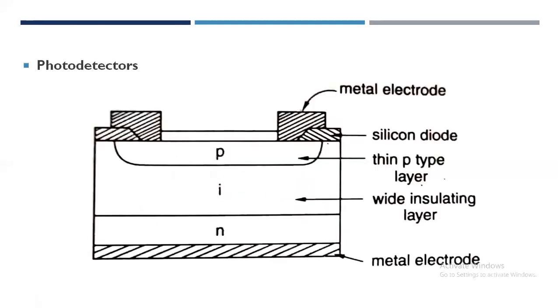Next are photodetectors. The photodetectors are light detectors. They are operated in reverse bias and utilize the increasing reverse current of the VI characteristics. In circuit terms, photodetectors are thought of as light dependent resistors, because the resistance in the reverse bias decreases as the light intensity hitting the junction increases.